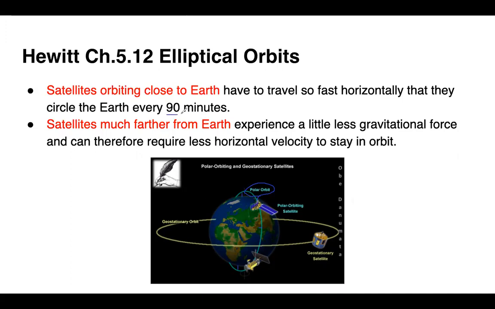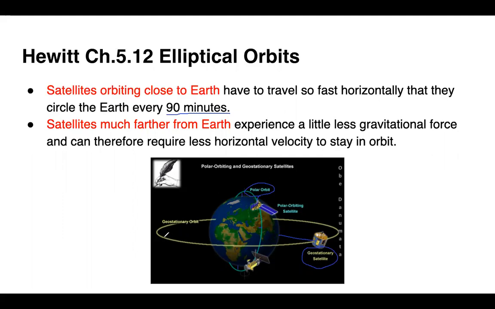A lot of satellites at that distance are going to circumvent our planet every 90 minutes. Every hour and a half, they have gone completely around Earth, the planet, right? They're moving super, super fast. But if we can get a satellite further away, like this one here that's in what they call geostationary orbit,